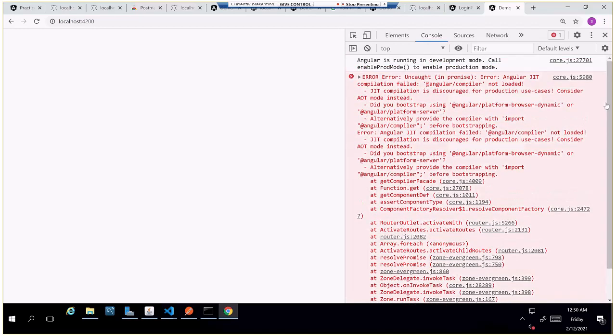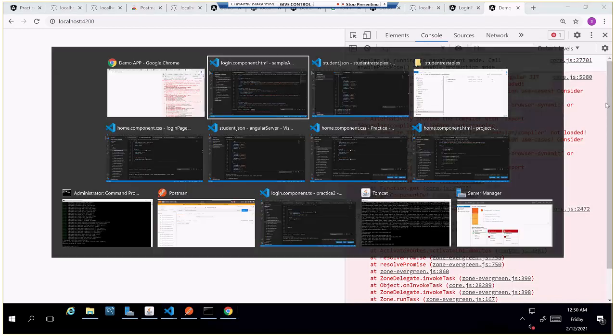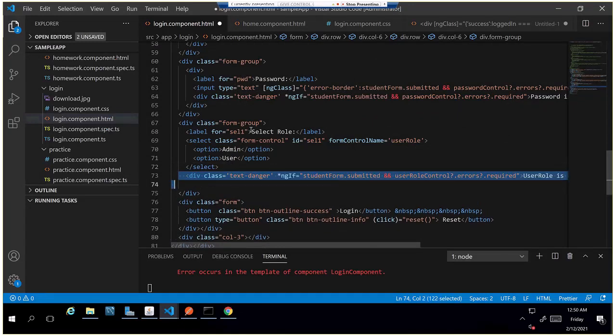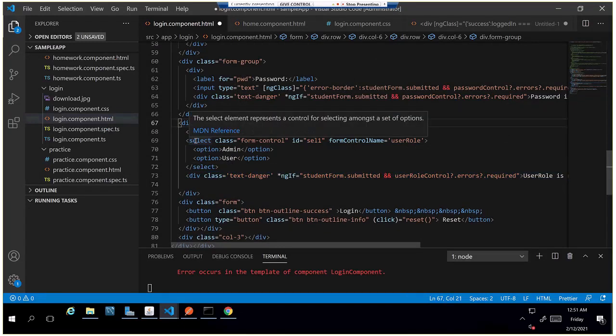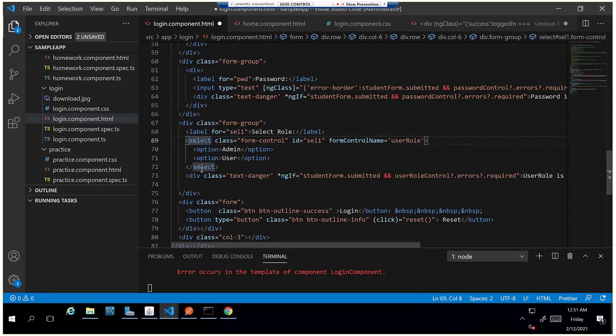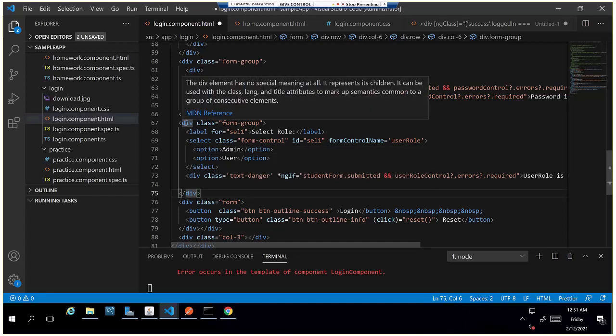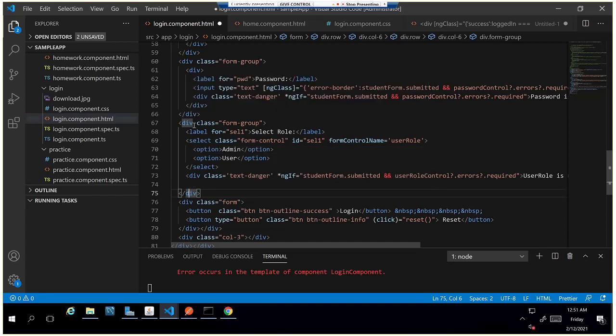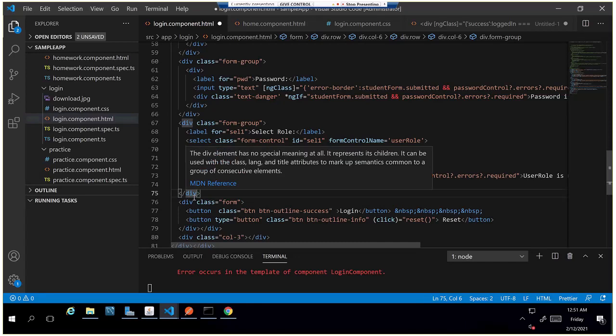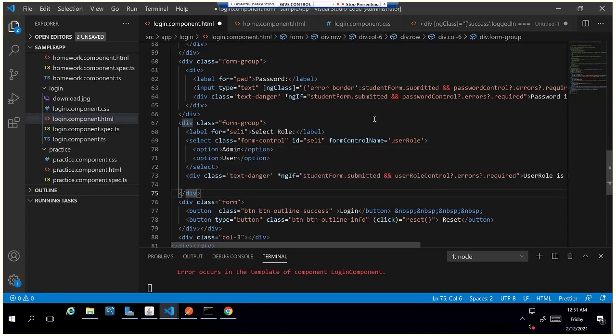Make sure that every open tag has a closing tag in HTML. We can simply test by putting the mouse on this select tag. It would automatically show where exactly it is closed. Got it? The matching closing tag will show up. If we click here, I just clicked on this div and it is showing where the starting tag of this div is, so that we can easily identify which tag is missing. And even if I miss this tag, it will show in the UI saying a div tag is missing.